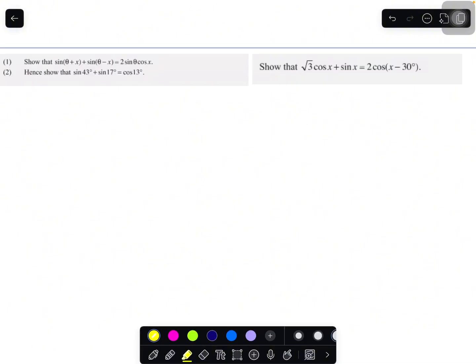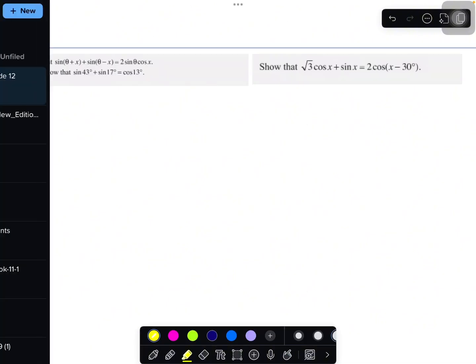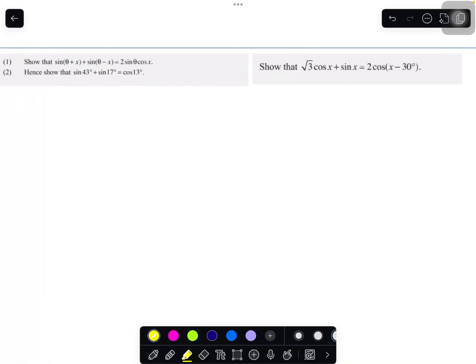So now let's look at some tricky application questions. We have one with a proof-in, and then using that proof to then get to the next answer. So we're going to start off with this first part, which is 1. We're going to say, which side are we going to work with? Now, I always like working with the side you simplify. And if you look at the left hand side and right hand side, the left hand side is the side you simplify. So we're going to write our left hand side,